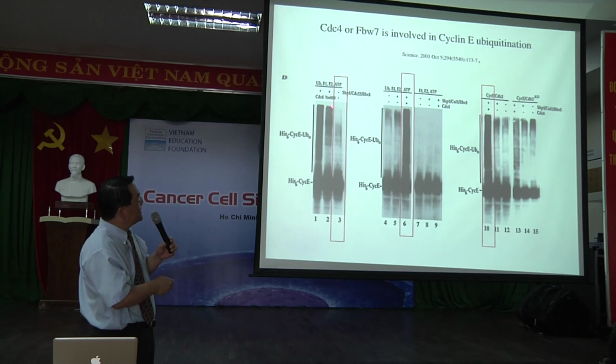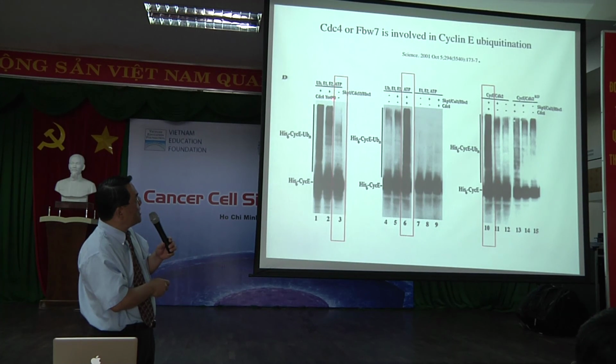Basically, they added ubiquitin into the reaction, E1 enzyme, E2 enzyme, and ATP, plus the SCF complex, including SKP1, CDC53, or RBX1. And then here,